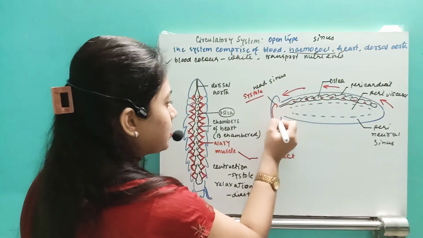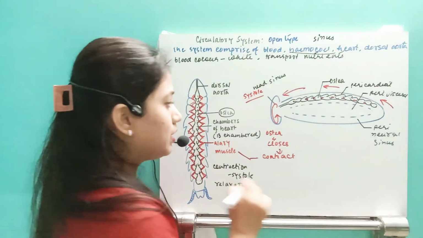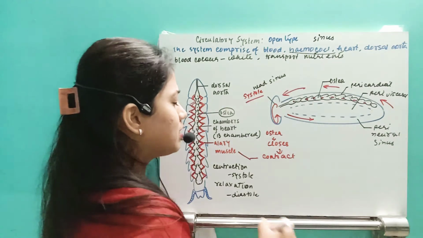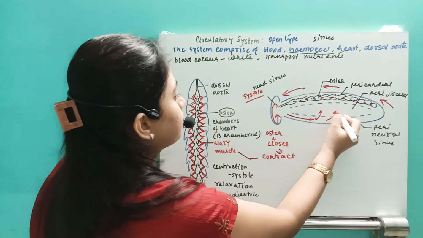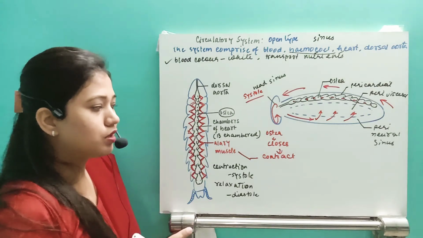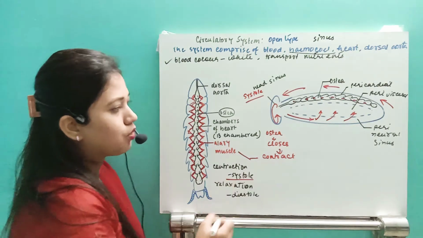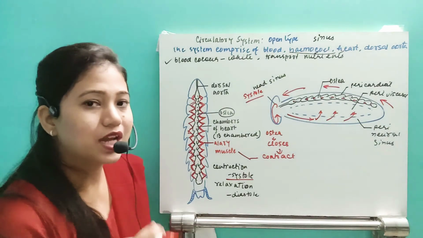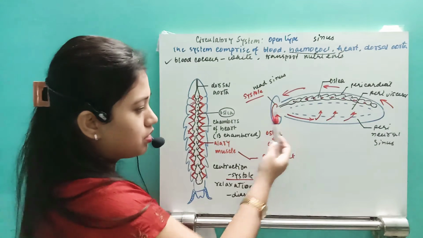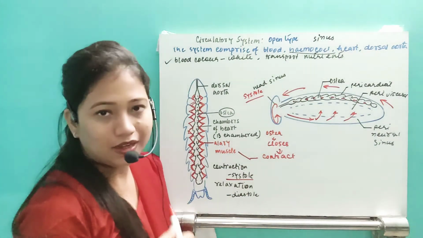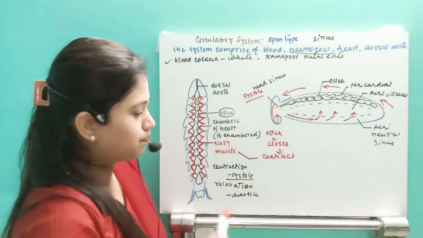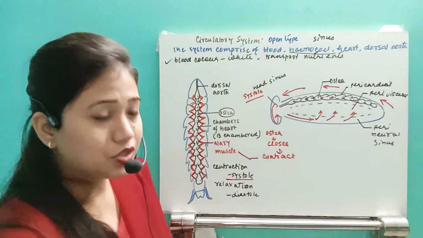Next, it will take a turn around the head sinus. Then it will go to the perineural sinus, and then start to move towards the perivisceral sinus. So whenever the heart undergoes systole, the ostia close, and the blood is pumped from the posterior region to the anterior region with the help of the contraction of the Eleri muscle. Now they will transport the blood to this region. Now how will the relaxation occur?